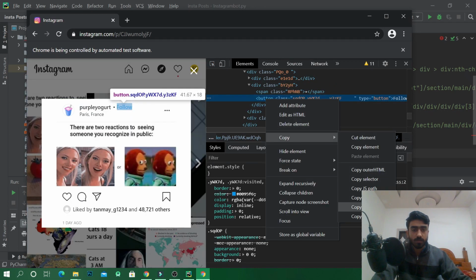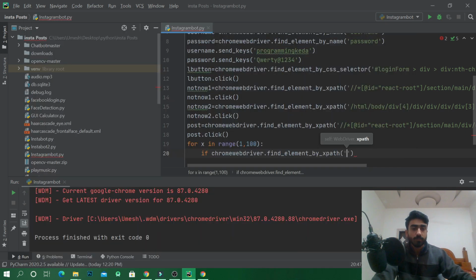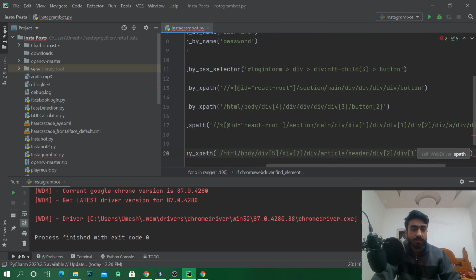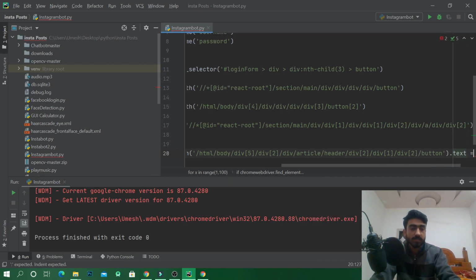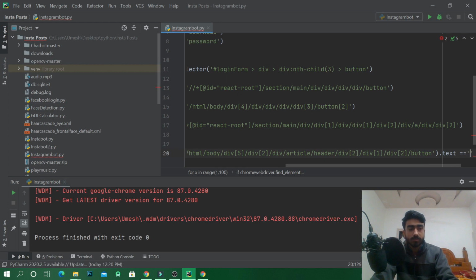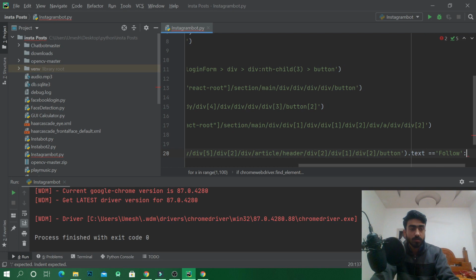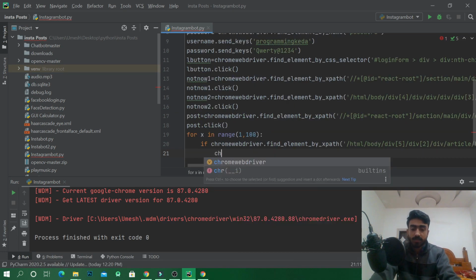Copy XPath. Notice in this button the text is follow. What we'll do is, if this element's text is equal to follow, only then we will click this